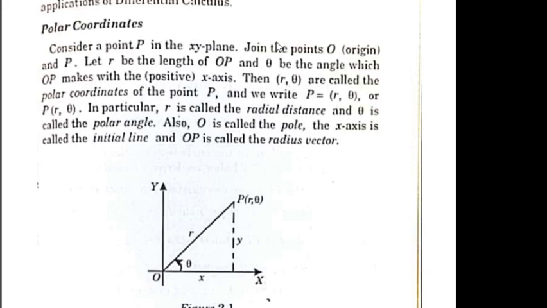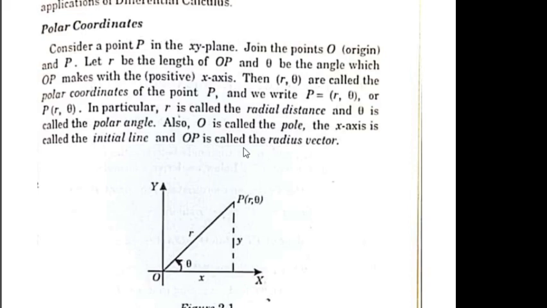Those are called XY coordinates. You take one point on X and another point on Y, and then you draw perpendicular lines on both of these lines. Where these lines intersect each other, that is the corresponding point of these two coordinates. In the same way, polar coordinates are used to locate a point P in a plane, and the system is known as